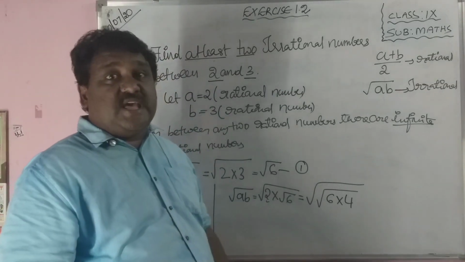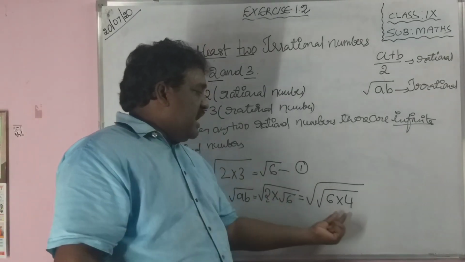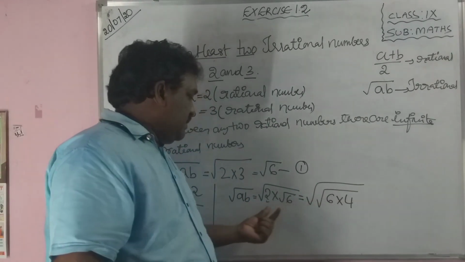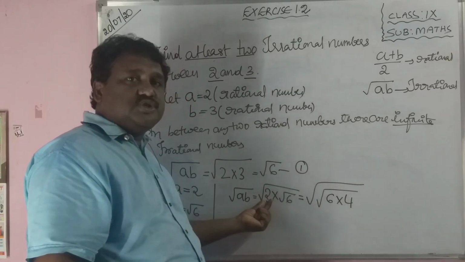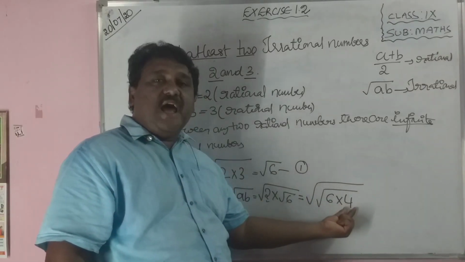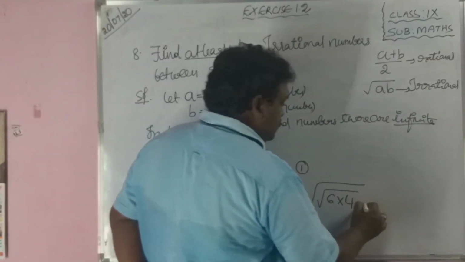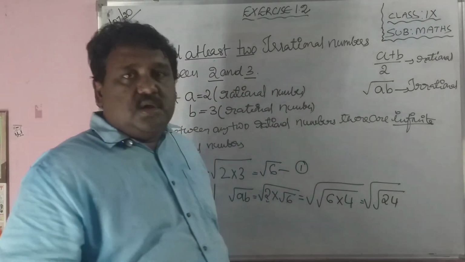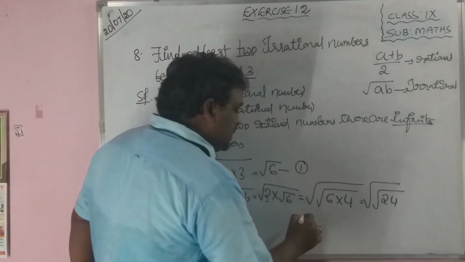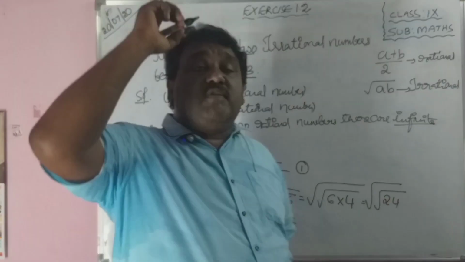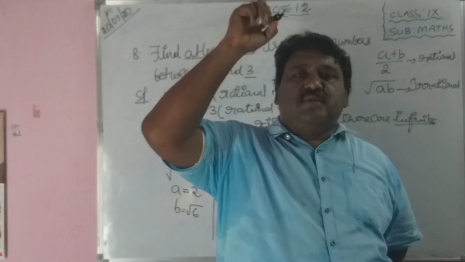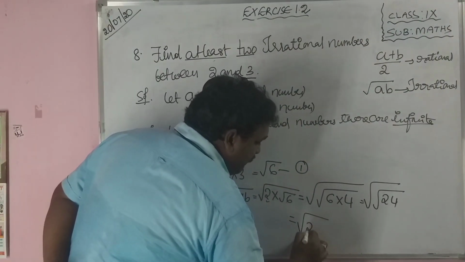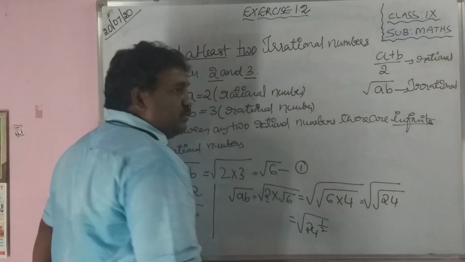Because the square root is there. Suppose if it is 3, the number becomes 9. If it is 4, the number becomes 16. So here, outside the root, 2 becomes 4 under the root. So what we get? Root 6 4s are 24. Root 24. What is meant by root? Power 1 by 2. So, root 24 power 1 by 2.